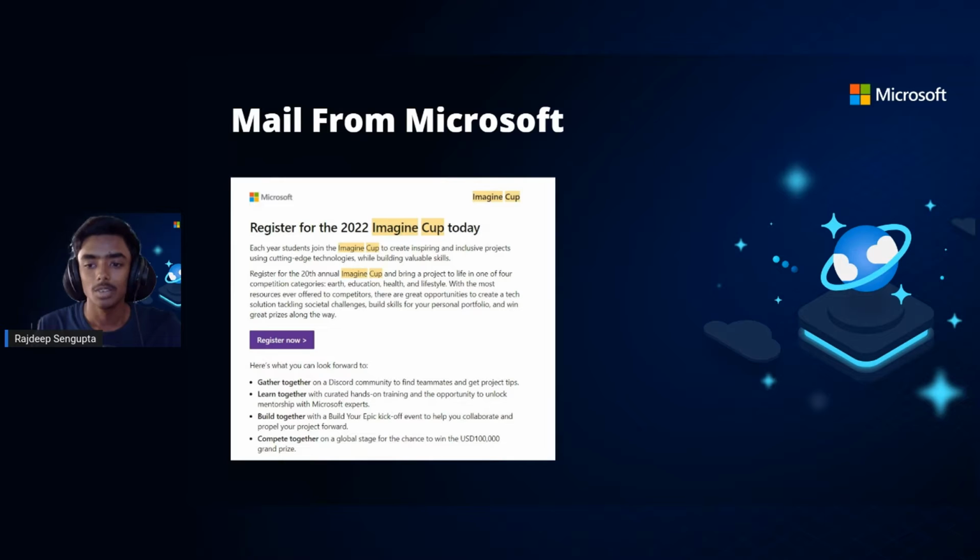When we were just reading through the rules and regulations, we noticed a point saying that we must use an Azure tool or Azure service in the project. Back then, we had completely zero knowledge about what Azure is. We researched Azure a lot, and after a lot of searching, reading blogs, official documentation, and videos,